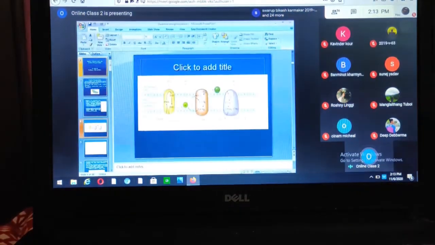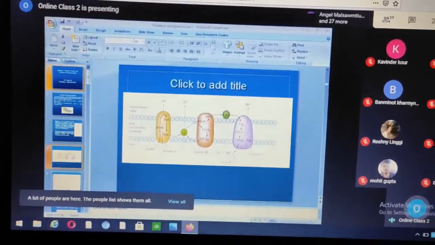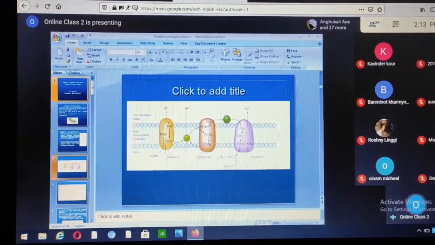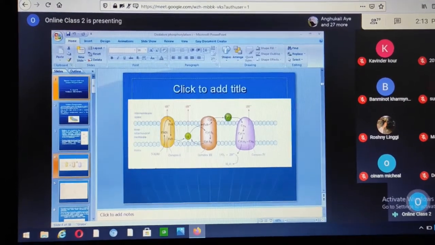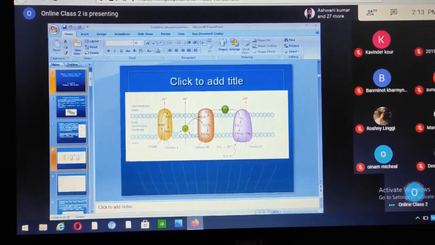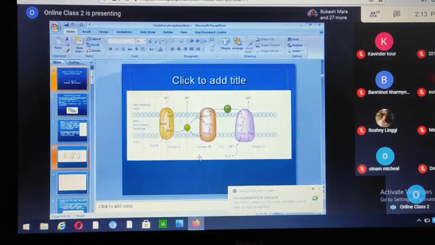The electrons are transported by the different electron transporters present in the inner membrane of the mitochondria to molecular oxygen. The molecular oxygen, after receiving the electrons from the reduced coenzymes, is reduced to a water molecule. So in this process,